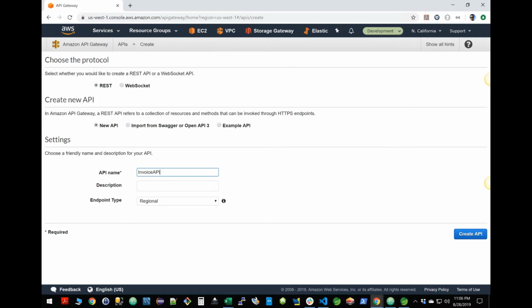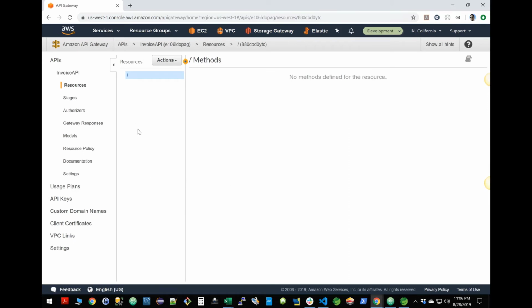This is my invoice API. Perfect. A simple invoice API. And this is a regional endpoint. I just want to go ahead and use the regional, since the span is going to be throughout the region, which right now is Northern California. I'm going to click on create, and as you can see, I do now have access to my API portal,